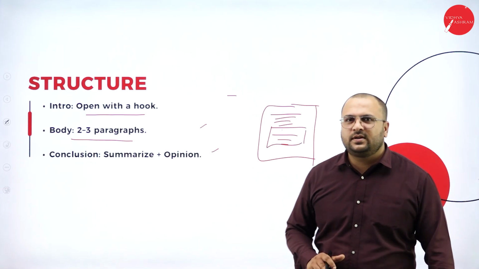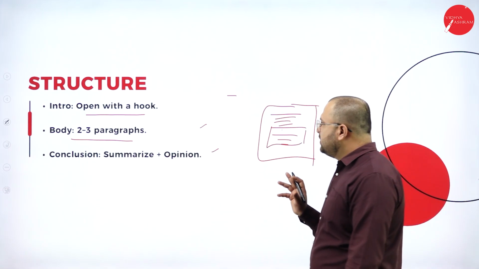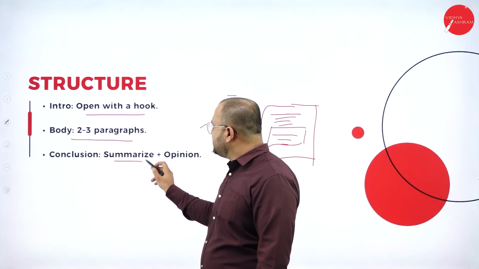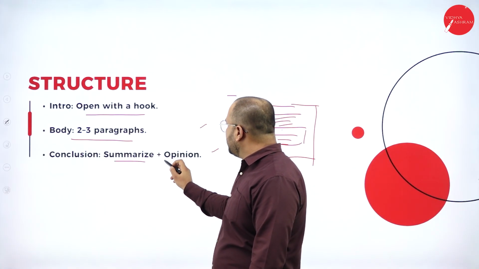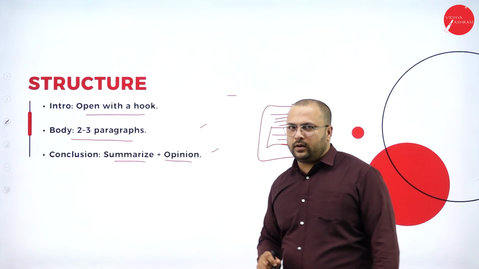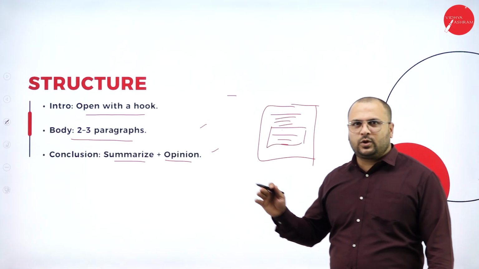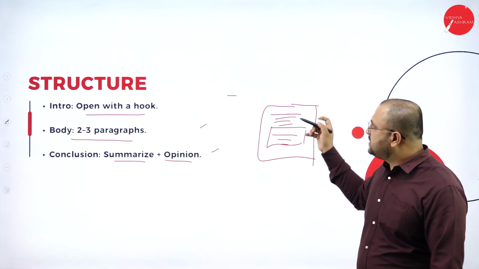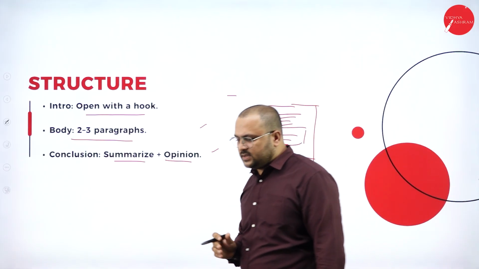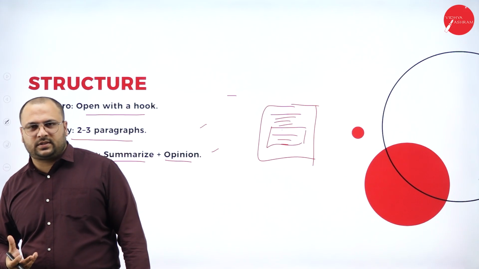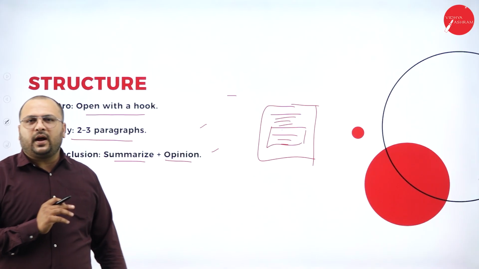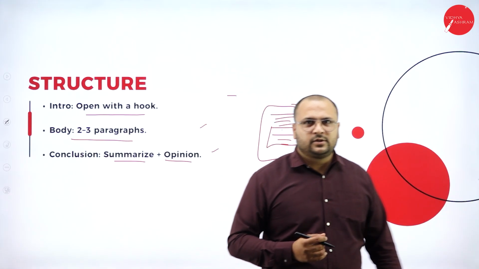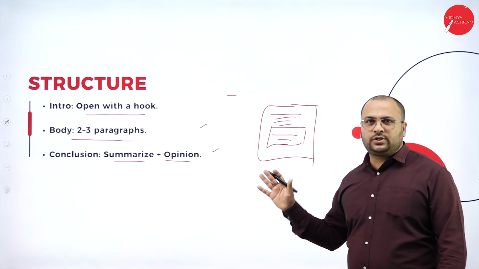First one is the introduction. Second one, the body of the essay. Then the conclusion. What is the conclusion? Conclusion is summarizing the entire thing you have discussed and finally including your opinion on it, whether it is good or bad, and what the next step is. So that is how you write a short essay. A short essay has a word limit of 200 to 300 words. Therefore, pay attention. Don't go beyond the word limit, or it will become a long essay, not a short essay.